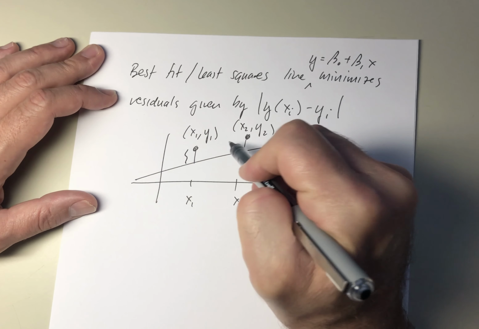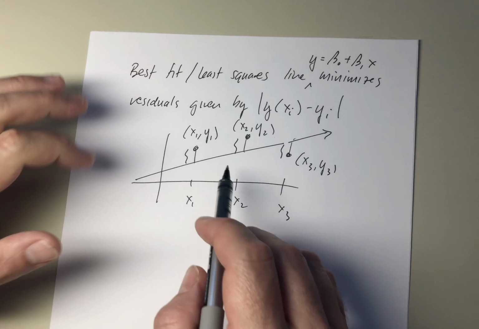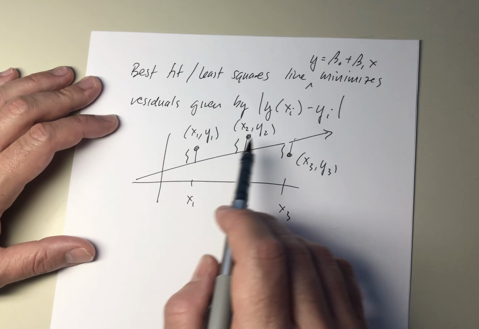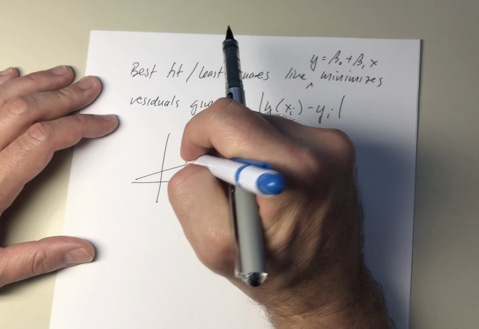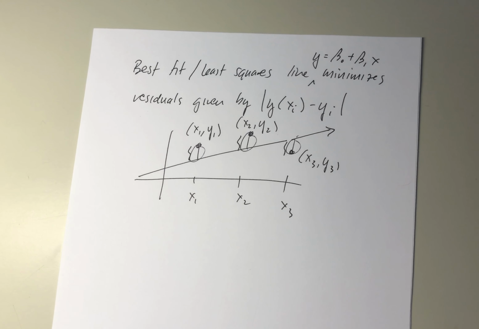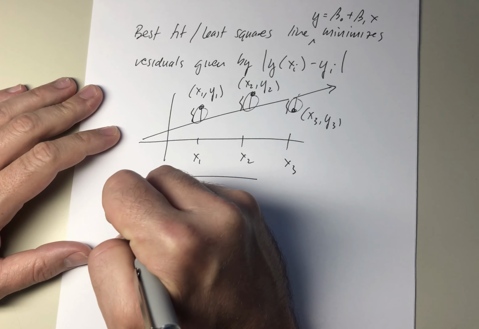So these numbers here are the residuals, and the least squares line that I've come up with is the line among all lines that has this value the smallest. So I can take this distance plus this distance plus this distance, and among all the lines in the plane, this line that I've come up with will minimize that value, the sum of those. And let me just end this with, so you can use this